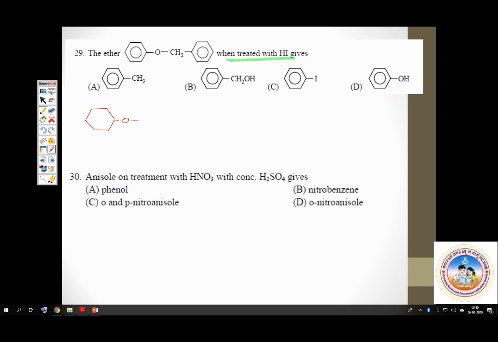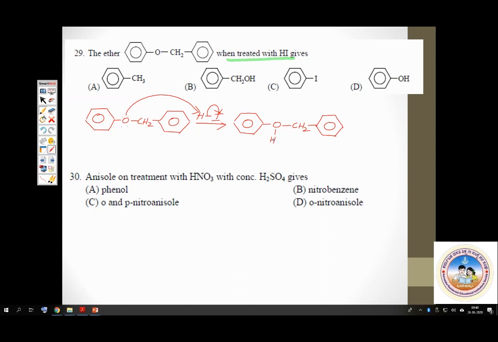So when it is treated with HI, you know what's the first thing that happens? The lone pair on oxygen abstracts a proton. It takes up this H plus. This electron goes to I. So this is what you get. Benzene ring, O attached to CH2, in turn attached to one more benzene ring. But this oxygen has now a new hydrogen atom coming from HI. Because oxygen has donated a lone pair, it would acquire a positive charge.